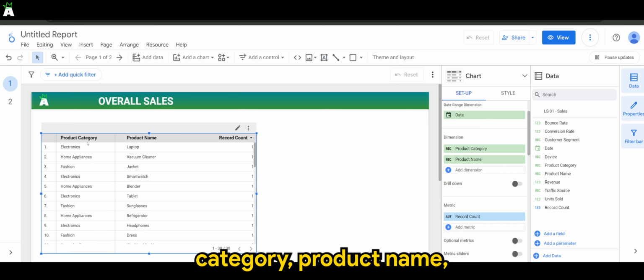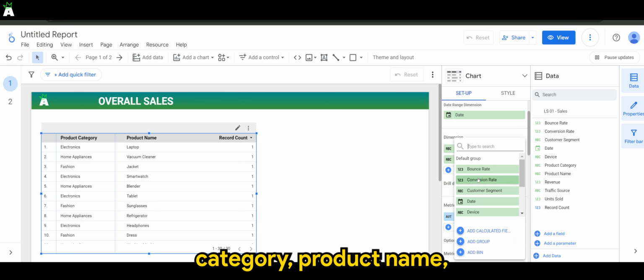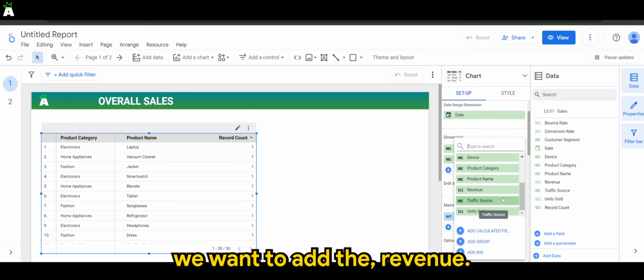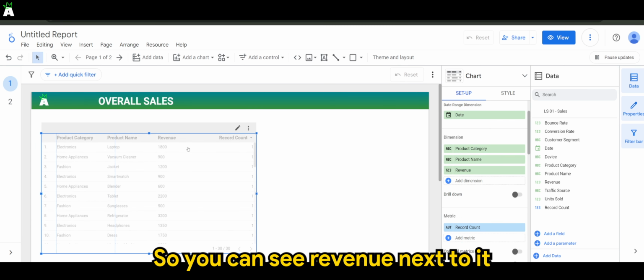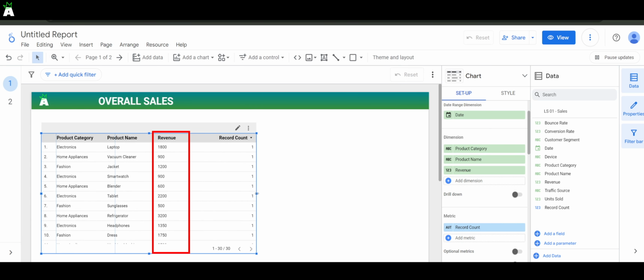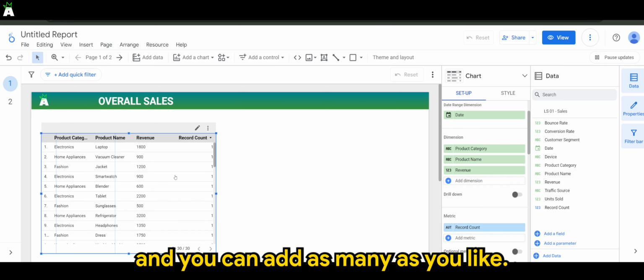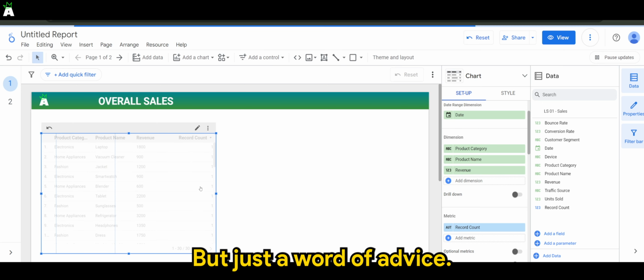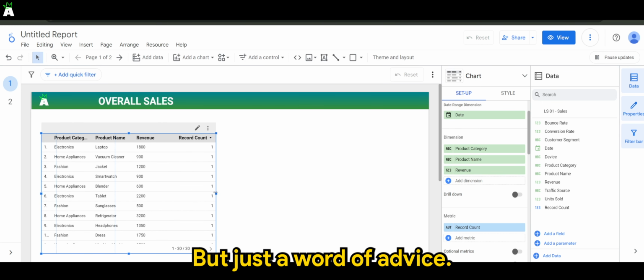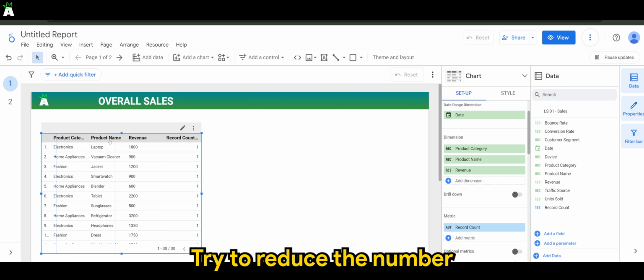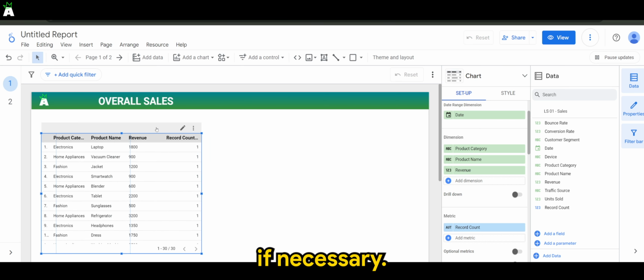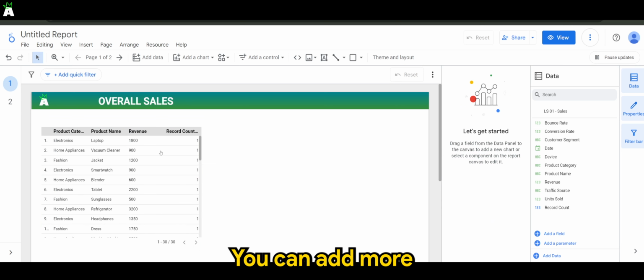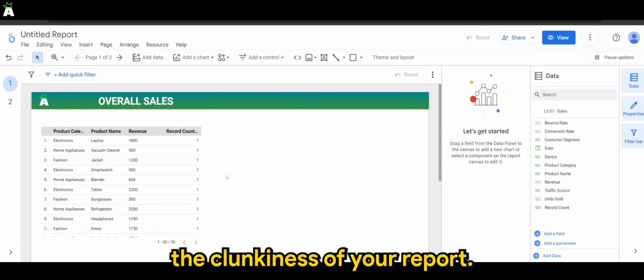So we have product category, product name, and say, for example, we want to add the revenue. All right, so you can see revenue next to it, and you can add as many as you like, but just a word of advice, try to reduce the number of dimensions in your report if necessary. Then only you can add more, just to reduce the clunkiness of your report. All right,